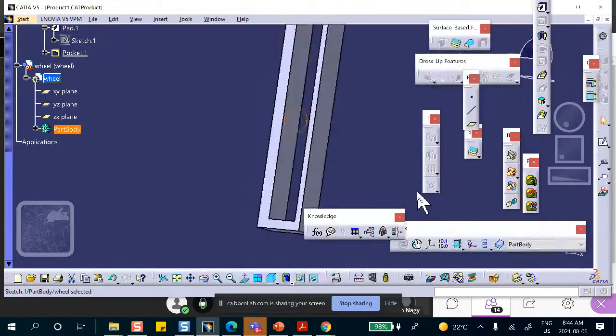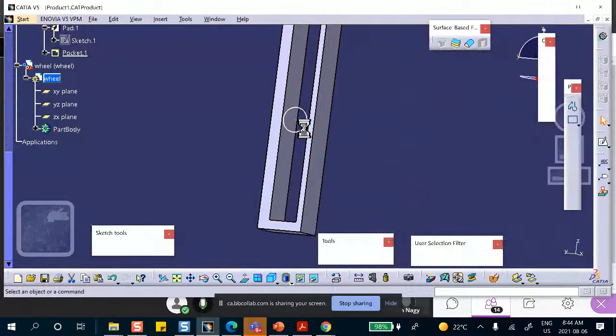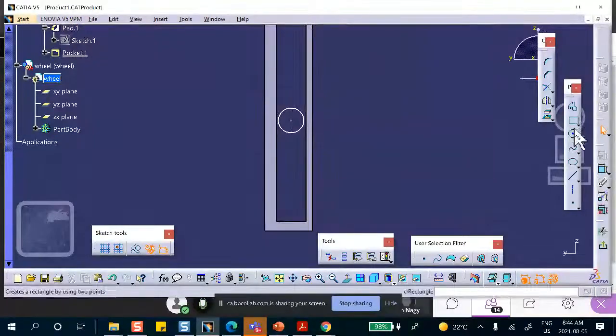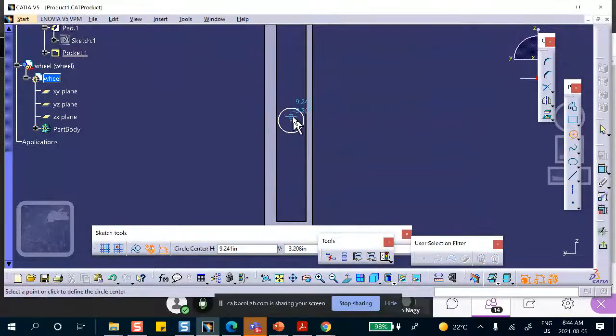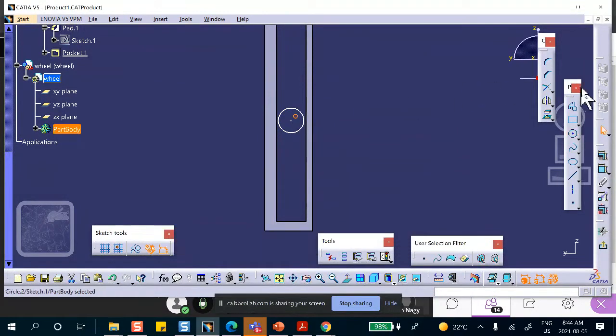Exit, pad it. Actually, you know what? Why don't I also draw a circle in there so that we can see a feature there that is rotating when it's rolling. Okay, exit,